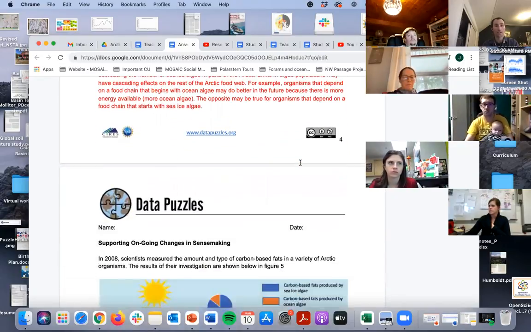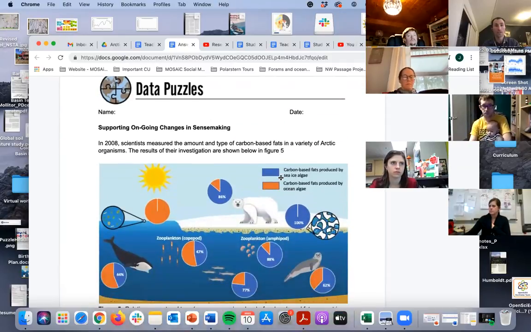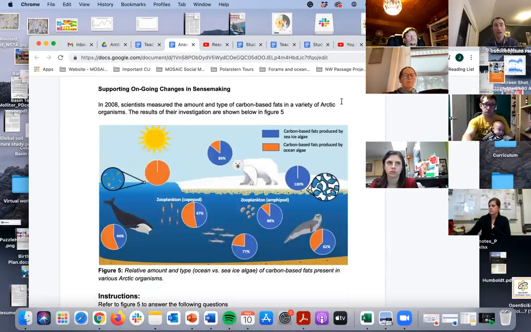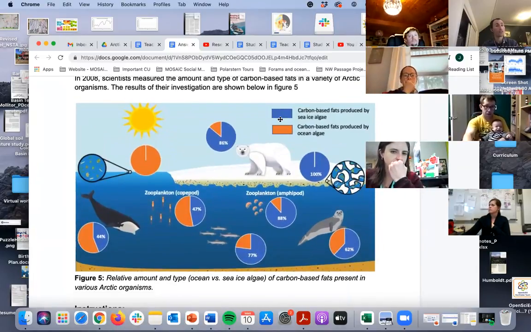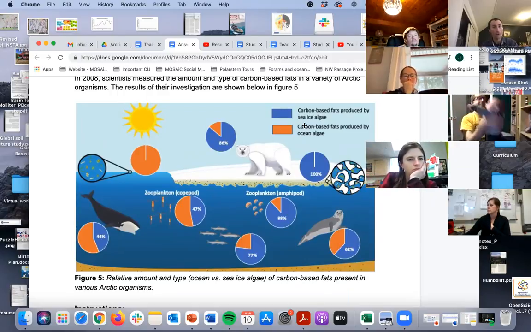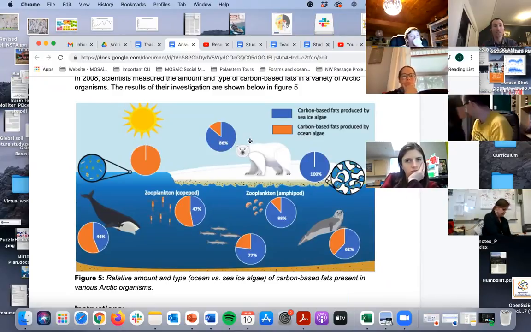piece. I think in the interest of time, we'll just dive right into the data analysis piece. Know that there are some slides and strategies to help students make sense of the data set before you have them ask questions. So things like, what do the different colors represent? And how do we know if one organism is getting more of their carbon-based fats from sea ice algae, right? So challenging them to talk about what they see before they go write about it. So in this case,